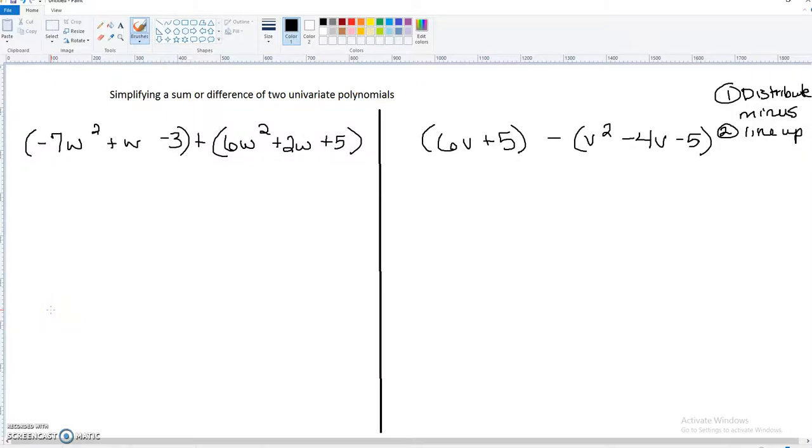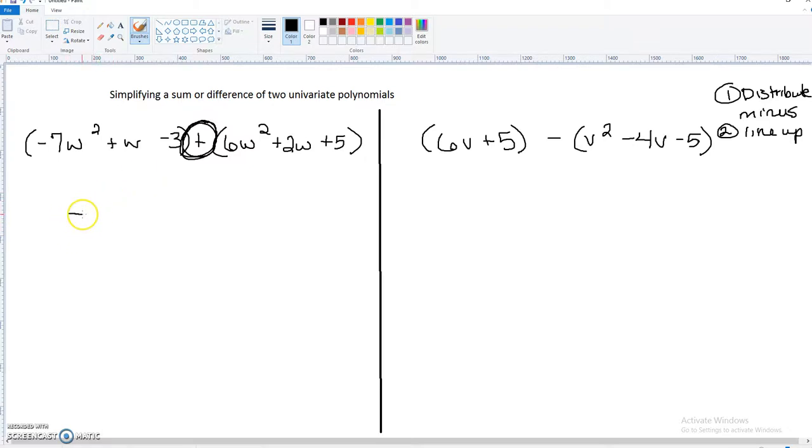Simplifying a sum or difference of two univariate polynomials. I've provided two different examples here, so this way we can see some things that we need to watch out for. If you have two polynomials that are being added together, so notice our addition sign here, if there is an addition sign between the two polynomials, what I would do to make life easier is